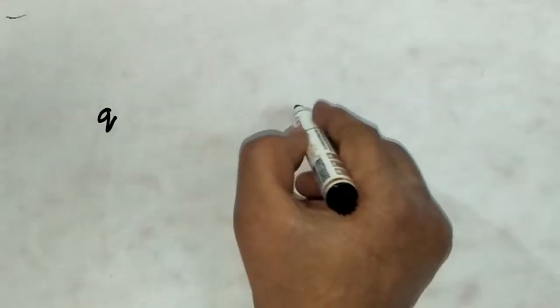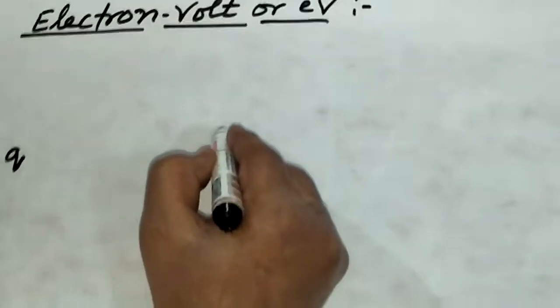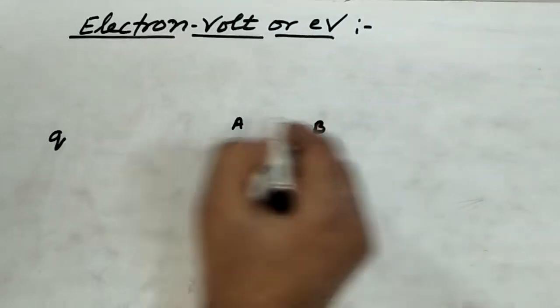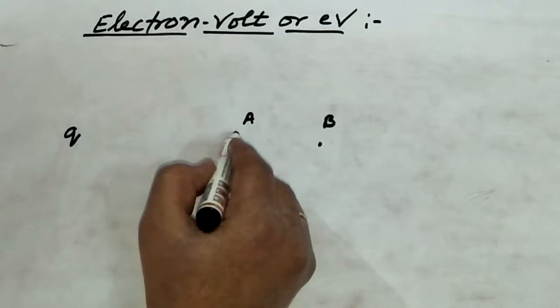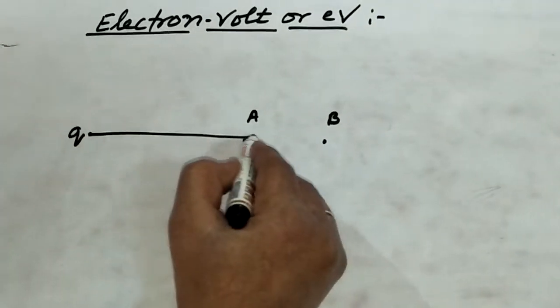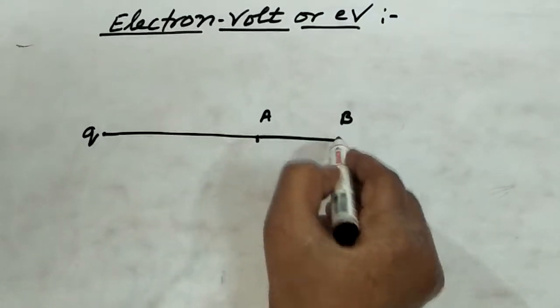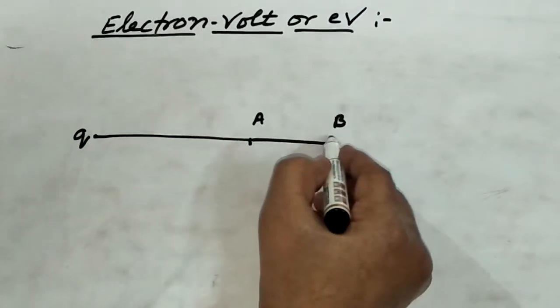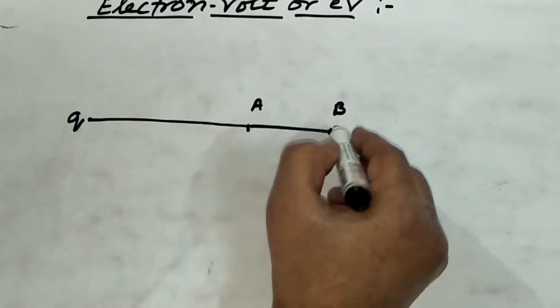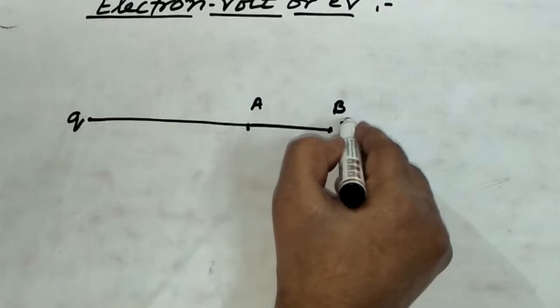Suppose Q is any source charge and this whole whiteboard is the electric field of this charge Q. Suppose I am taking 2 points in this electric field. One point is A and the other point is B, where points A and B lie in the field of this charge Q. Now our aim is to find the potential difference between these 2 points, B and A. For this purpose, we will take a test charge plus Q naught